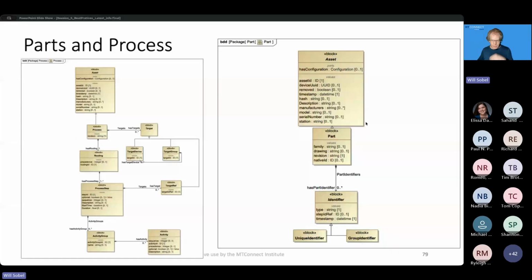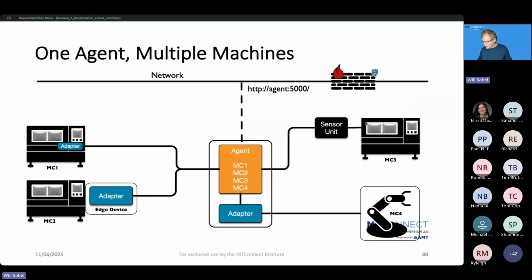Okay, so we're going to talk a little bit about something Neil touched on yesterday, and I just want to go over it once more. We have this decision of how to configure your agents. I think Neil and I differ a little bit on this, but basically you can have machines out